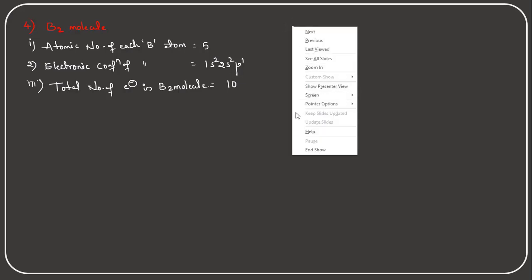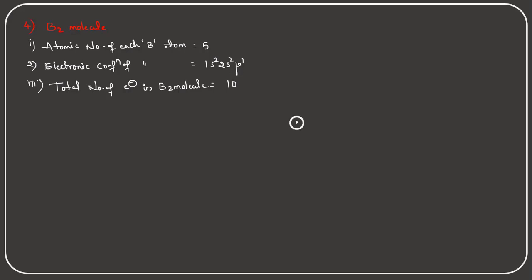And what will be the energy level diagram? So I am drawing the energy level diagram of the boron molecule. This is the 1s orbital and 1s orbital. We need to remember this atomic orbital electronic configuration. We write one atom on this side and another atom on this side. So I am writing 1s2 of one boron atom, and this is 1s2 of another boron atom. These two combine with each other and form molecular orbitals.